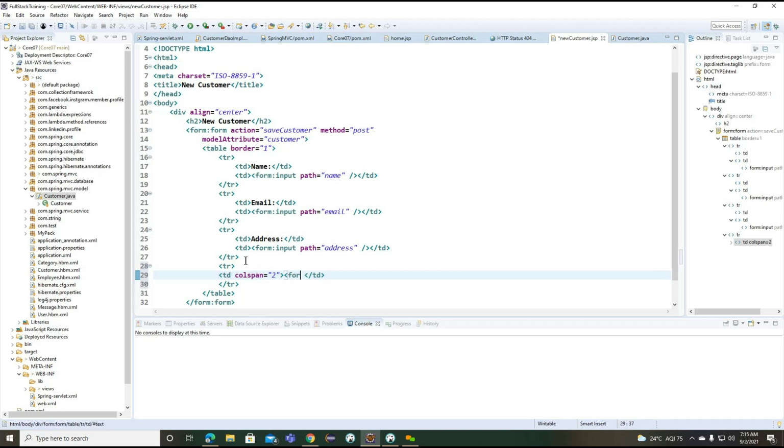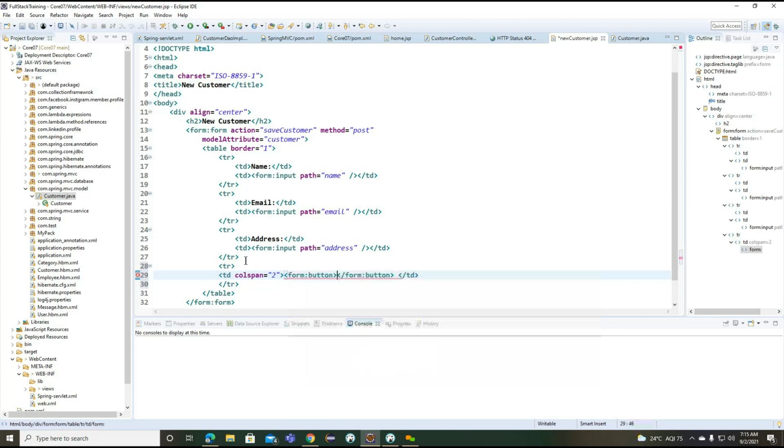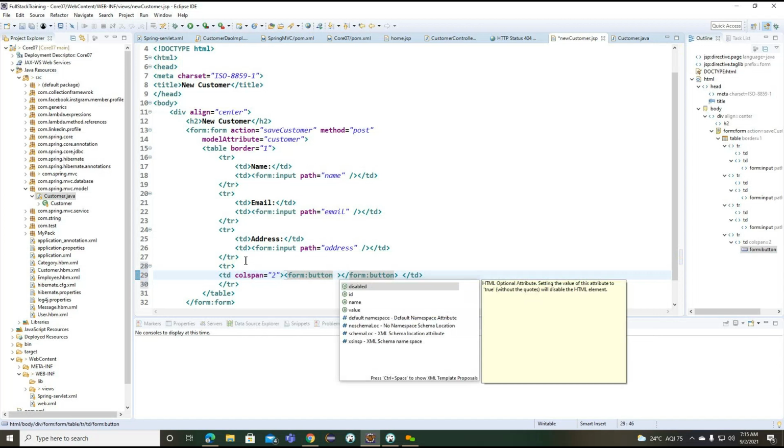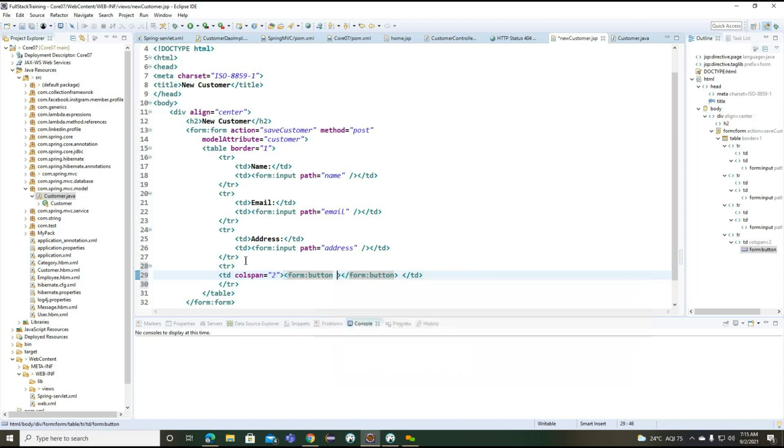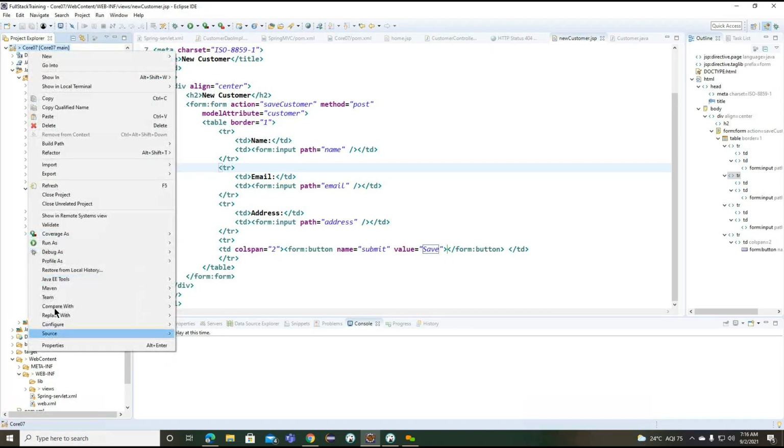Let's see whether we have any form button here. What is the name of the button we can add? Submit here, value save here. Getting the point. So this is the information we need to add here.